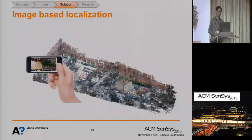So after that work, we need to implement this image-based localization. An ideal way is that after the user takes a photo, it will return where the user is and what the user is facing. However, the model, in terms of the number of photos and 3D points, will increase if there are more and more crowdsourced photos. So it takes time to load the model and implement feature matching in order to get